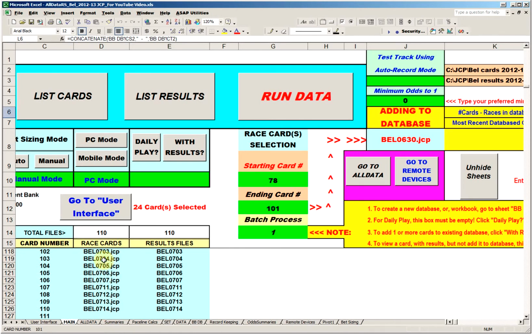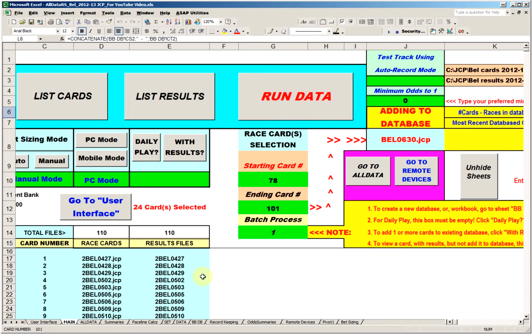If I were starting all over with a new workbook, new track and everything, and I didn't have these recent cards in here, say I wanted to test it from last year's meet, I would just scroll back up to the older cards and start with, usually I'll start with the first 24 cards, which would be, in this case, the 2012 files starting on April 27th. If I click there and hold that click and scroll down,